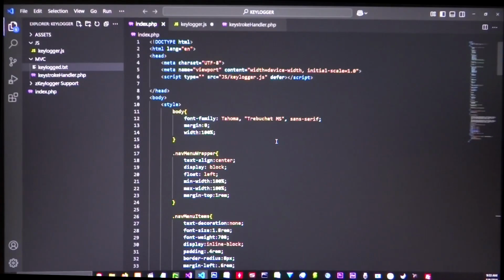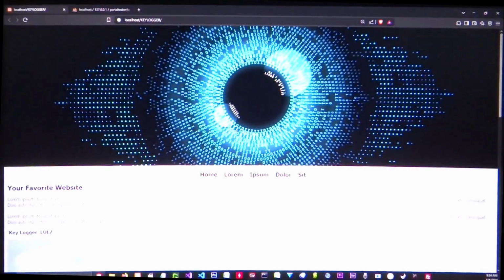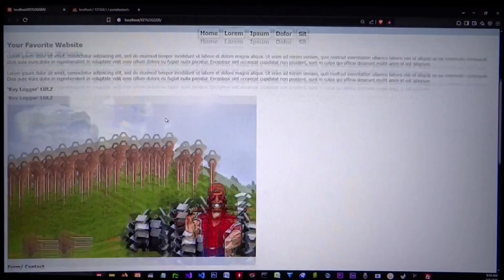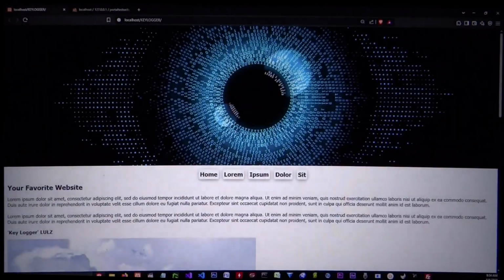Now, I do not advocate you to copy this code and go put it out in the wild, because I'm not here to promote keylogging. I'm doing this to promote end user awareness, but I'm digressing a little bit. But basically, the index PHP uses HTML to generate all of the front end or the UI. And basically here's the UI,